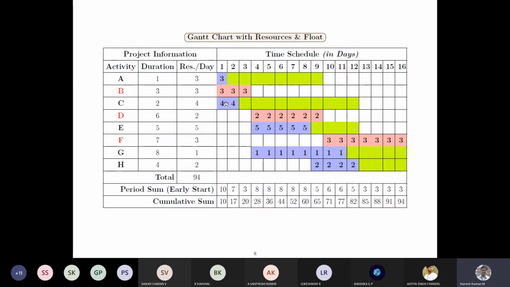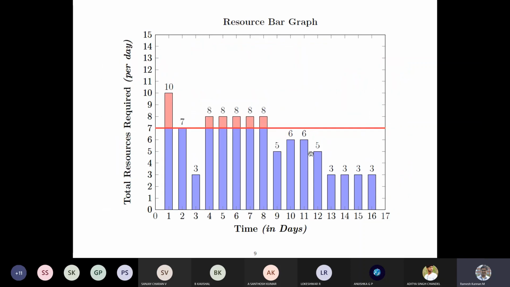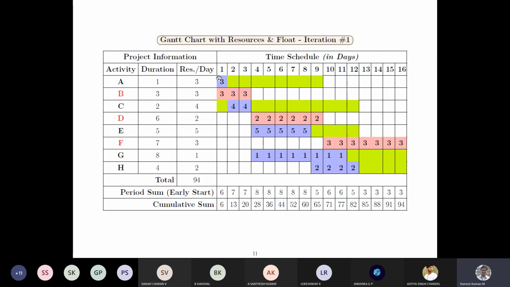So if you move the 4 to the next day, or this entire chunk by one day, then this will become 3 plus 3 is 6, 3 plus 4 is 7, and 3 plus 4 is 7, so that this profile gets smoothened somewhat. So this is moved so that it gets somewhat satisfied.